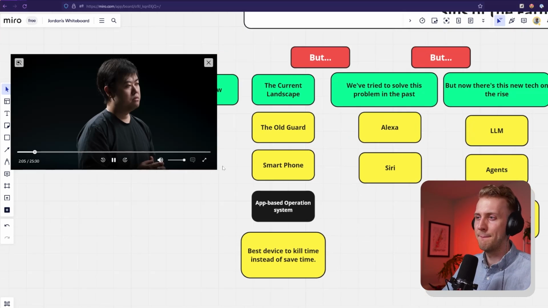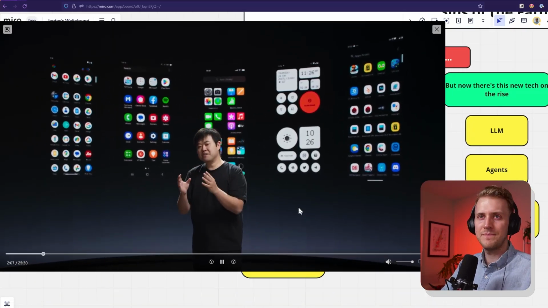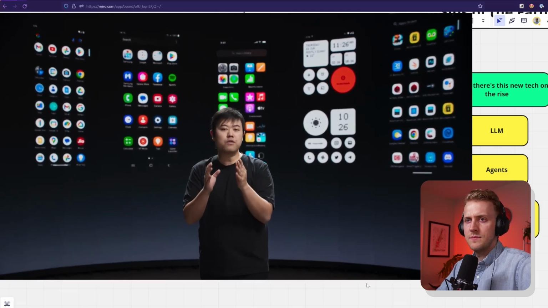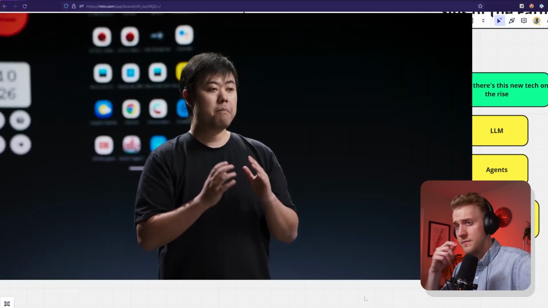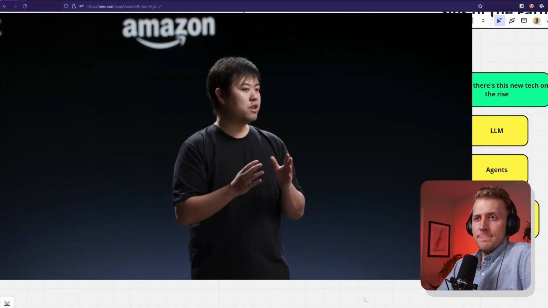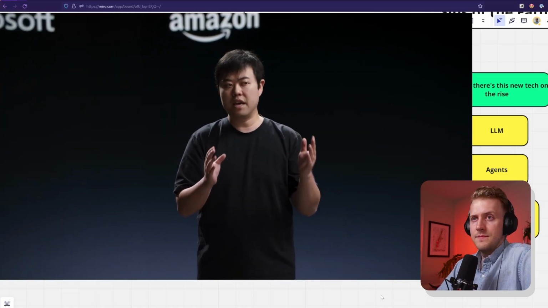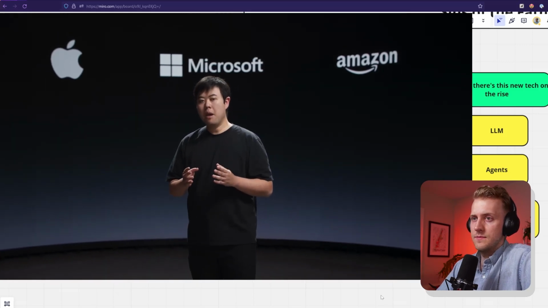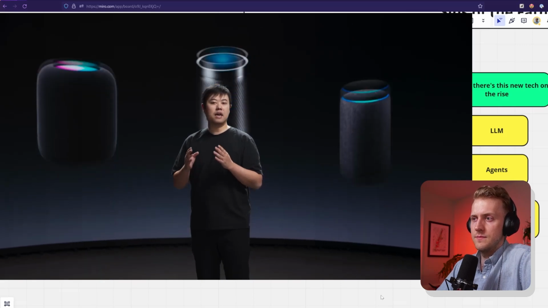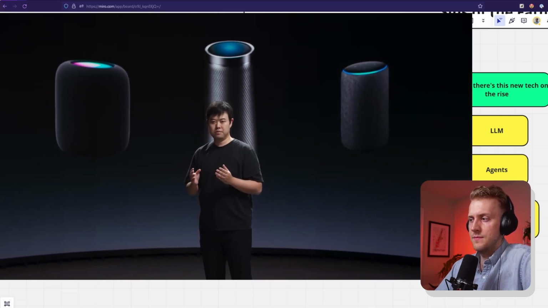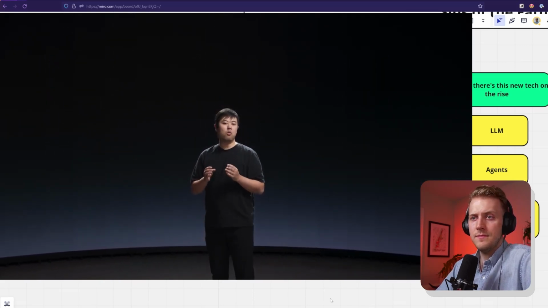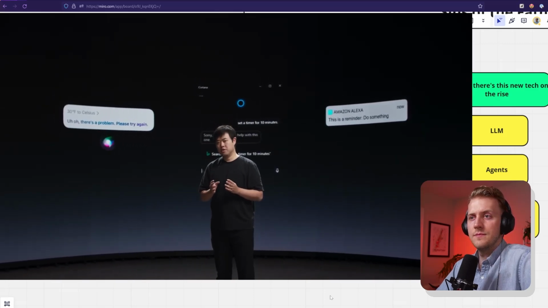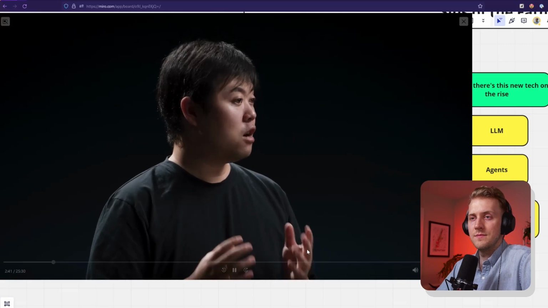All right, let's get into it. Our smartphones have become the best device to kill time instead of saving it. It's just harder for them to do things. Many people before us have tried to build simpler and more intuitive computers with AI a decade ago. Companies like Apple, Microsoft, and Amazon made Siri, Cortana, and Alexa with these smart speakers. Often, they either don't know what you're talking about or fail to accomplish the tasks we ask for. Recent achievements in large language models, however,